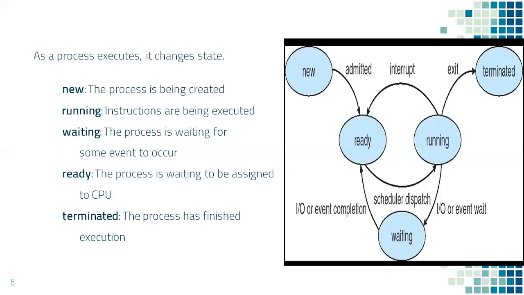And instead of sitting idle, it will take another process which is selected and dispatched by the scheduler for execution. The process which was suspended will change its state to waiting, and it will be in waiting state till the I/O operation, input-output operation, is completed. Once the input-output operation is completed, the process changes its state to ready state and goes back to ready queue.